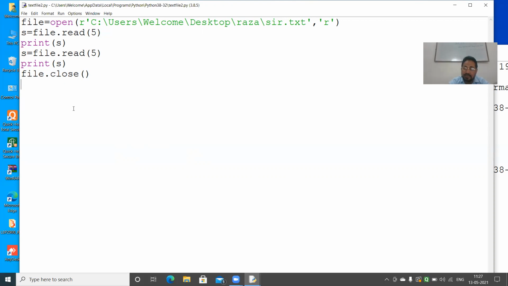So you can read the complete file just by giving file.read. All the lines are read and displayed. If you give a number of bytes, then only that many bytes are read. 1, 2, 3, 4, 5, 6, and so on. If you give after that again 5 bytes, or you can give 10 bytes, that means another 10 bytes are read after the 5 bytes.